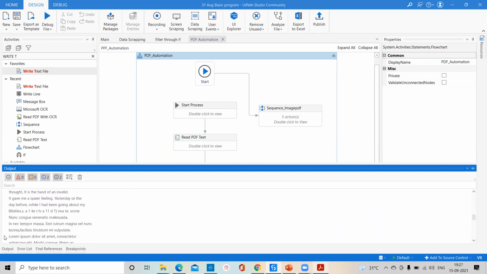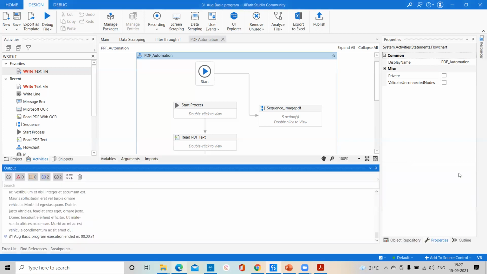Right now you can see the output, and after that it starts with the Lorem Ipsum dolor sit amet. So the proper text and image data we are able to extract from here, and 31 seconds is the response time. You can see our project called 30 August basic program execution ended in 31 seconds.